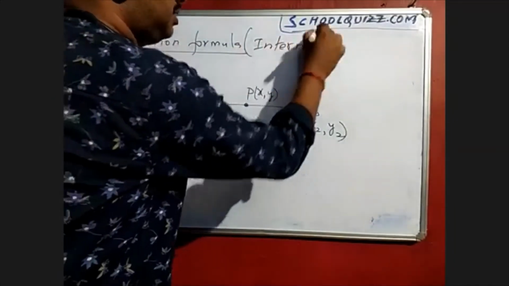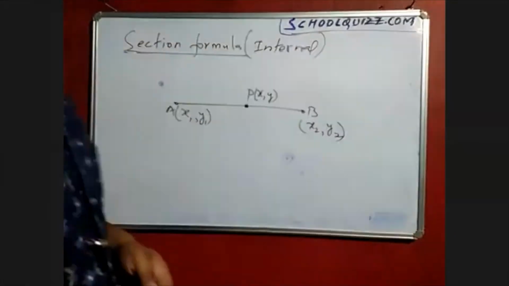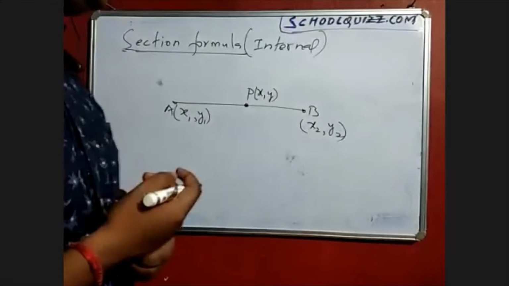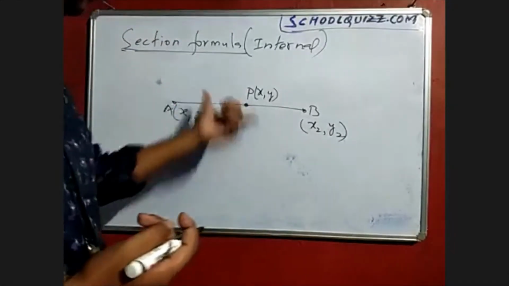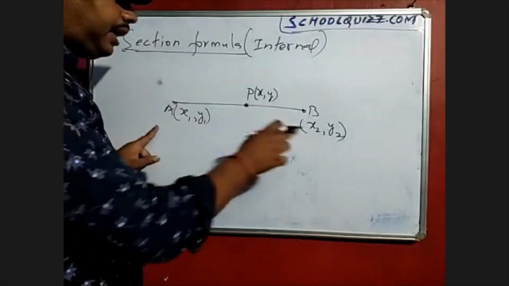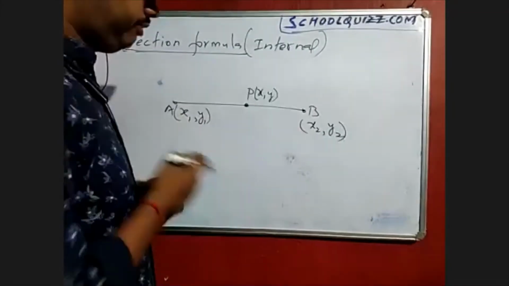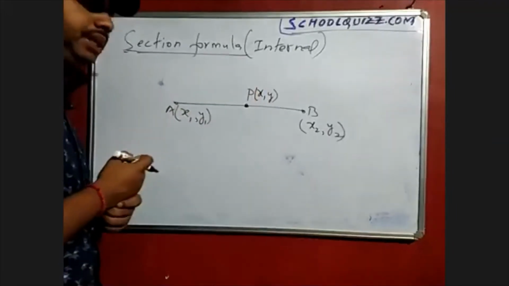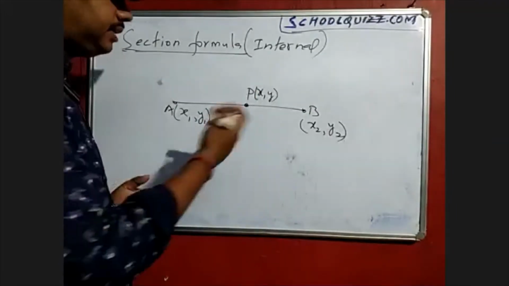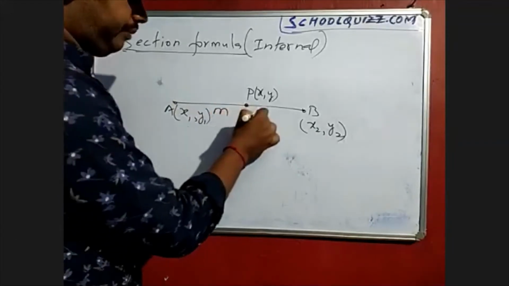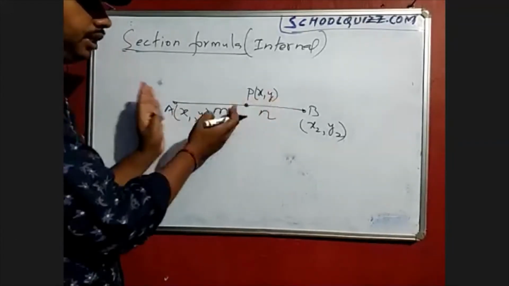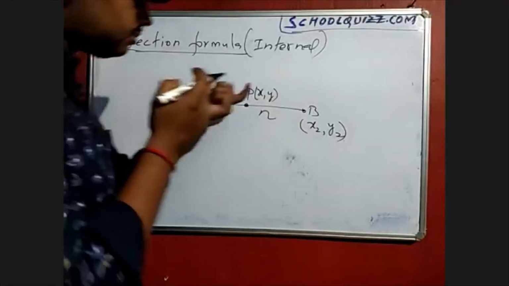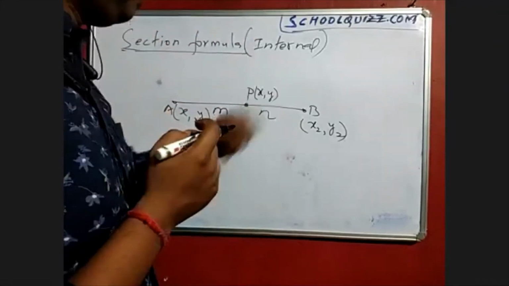That is there in our NCERT syllabus, and we will go to the external case also. In what cases does that arise? I'll give you the explanation for that also. So this is the point P which divides AB into two parts. Sometimes they will give you these two points and ask for the point P which divides the line AB in some ratio, let it be m is to n. That means P is dividing AB in the ratio m is to n.